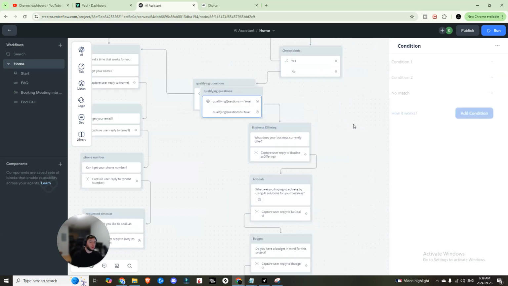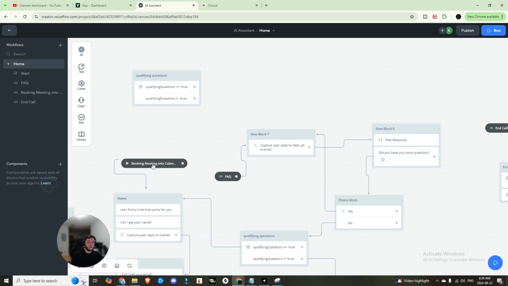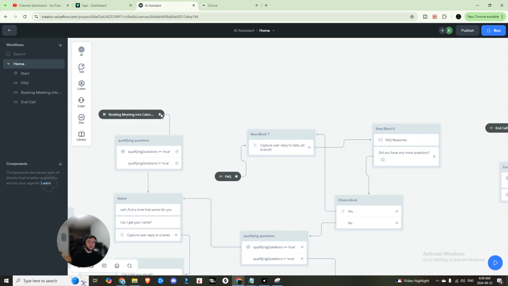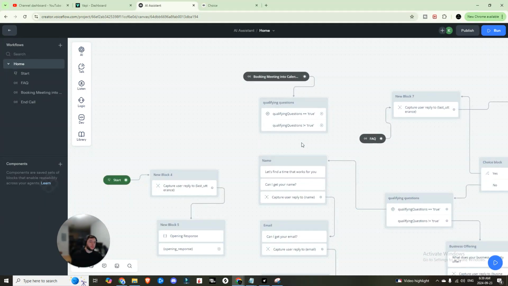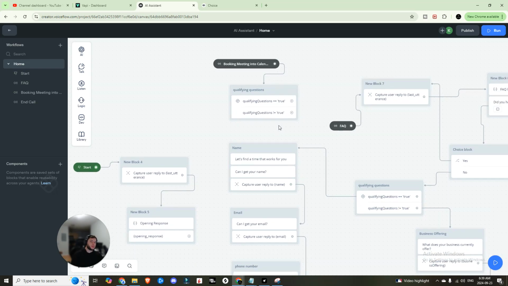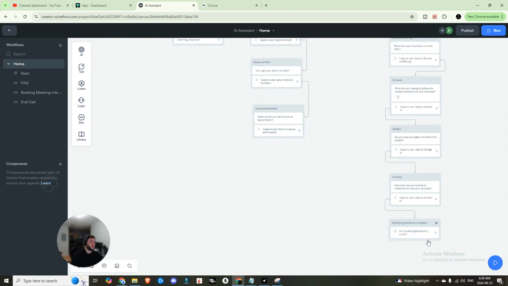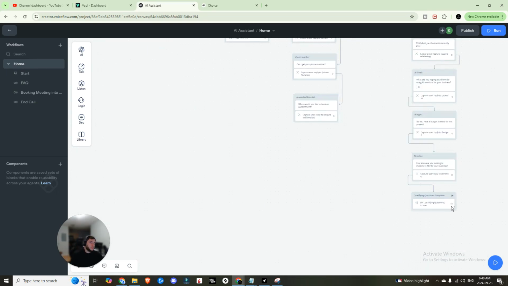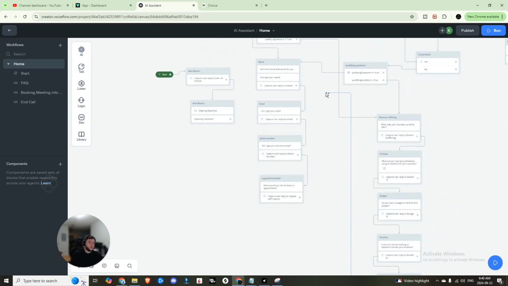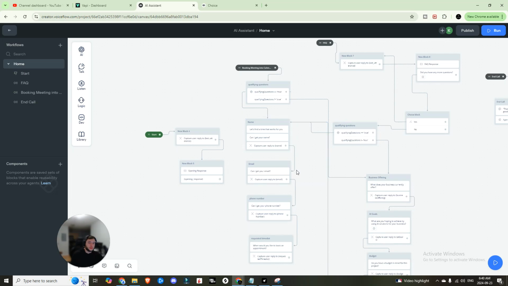Okay, and then another thing we're going to do too is we're going to copy this qualifying question portion or duplicate it. We're going to bring it up here. We have our booked meeting intent, and because we want to ask them questions before we proceed to booking them into a meeting so we know more about that person. So if qualifying questions is true, we'll move them down here. But if it's false, we'll just reroute them to business offering, right? To the questions, just like that. And they'll loop through. Qualifying questions will be set to true. And once qualifying questions is set to true, we'll loop them up to, let me know what time that works